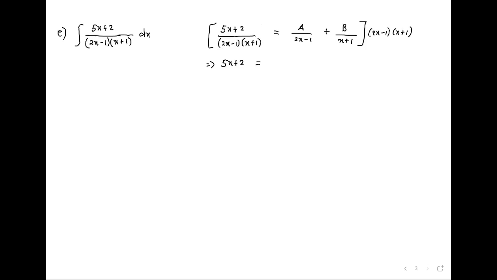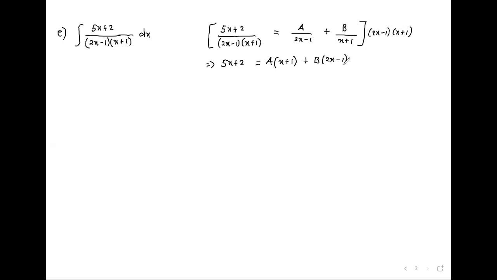And then when you multiply this by this one, the 2x minus 1 will cancel. So we have A(x plus 1) plus, when you multiply this guy by this guy, the x plus 1 will cancel, so we have B